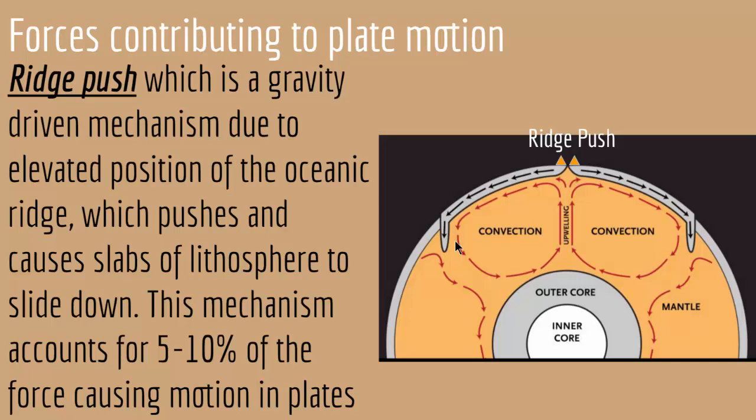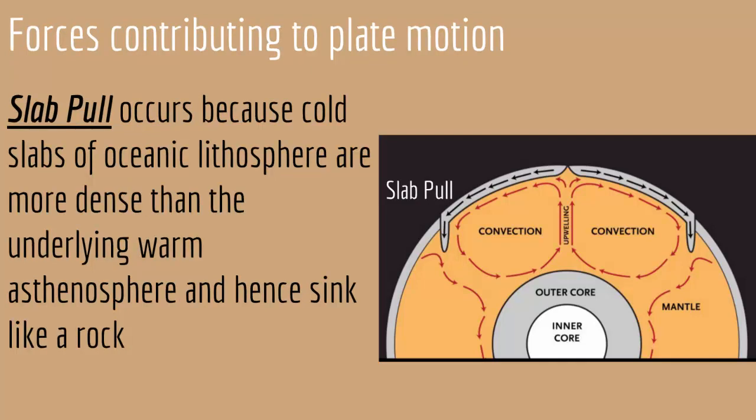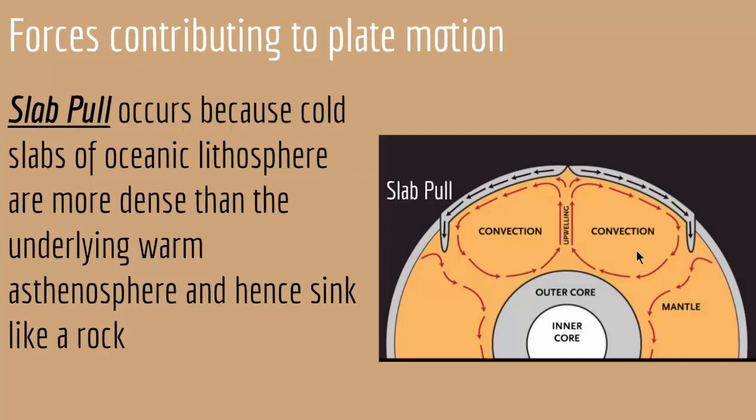The majority of the force that causes the plates to move downward is slab pull, which is due to less dense mantle material coming to the surface and 100 million years old cold oceanic crust sinking to the bottom. And remember, scientists don't know for sure whether convection is the mechanism that drives plate tectonics, but they strongly believe that convection might be the driving force behind plate motion. And these two mechanisms, slab pull and ridge push, they believe create 99% of the force that drives old oceanic crust downward into the mantle. And with this, we come to the end of our lecture. So to recap,